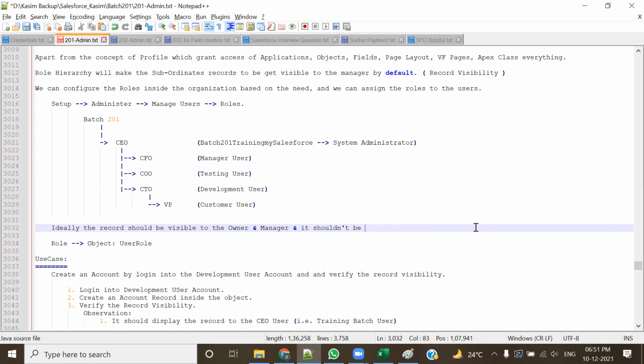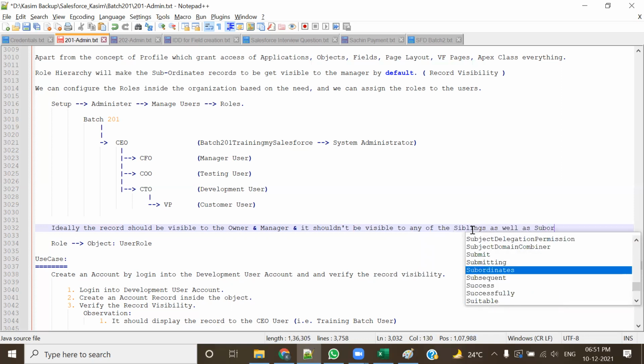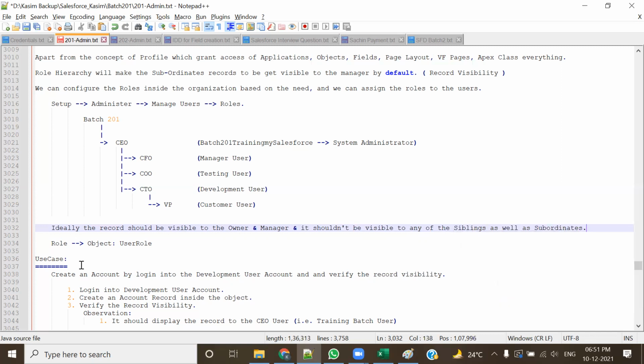It shouldn't be visible, or it shouldn't be accessible, whatever. It shouldn't be accessible to any of the siblings as well as subordinates. Okay. So what should ideally happen is that in any one of them, not just development,